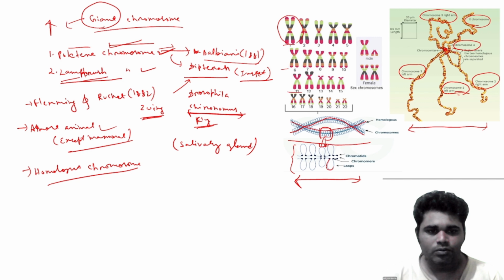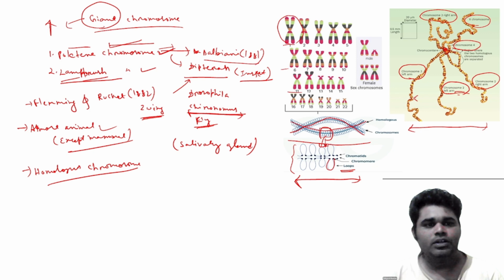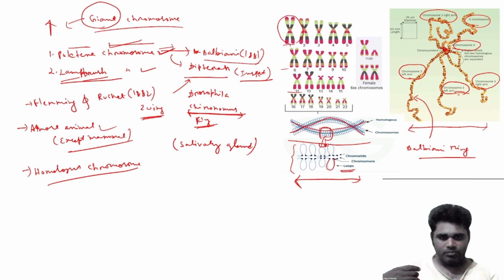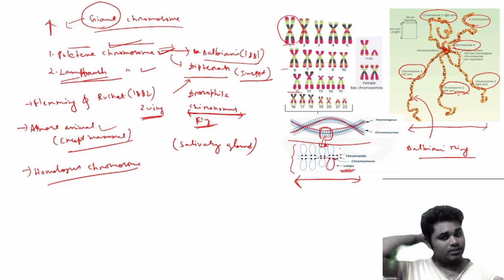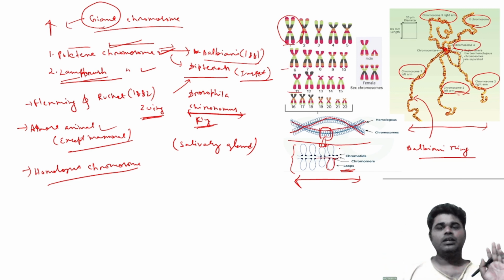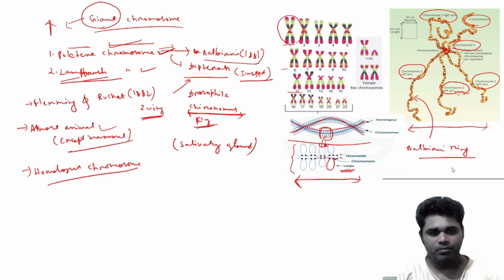इसको हम बोलेंगे, एक को बोलेंगे लूप। ये जो बड़ा बड़ा हो गया ये हो गया लूप। इसको हम बोलेंगे बाल्बियानी रिंग। बाल्बियानी रिंग क्यों बोलेंगे? क्योंकि वो बाल्बियानी ने डिस्कवर किए थे। इसका भी जो बड़ा बड़ा पार्ट है इसको बोलेंगे लूप। ये हो गया देखिए सेंट्रोमियर बीच में, ये हो गया एक क्रोमाटिड, ये हो गया एक और क्रोमाटिड। तो ये मिलके क्या करेंगे? लैम्ब्रस क्रोमोजोम। और ये हो गया जियांट क्रोमोजोम के बारे में। तो ये हो गया क्रोमोजोम स्ट्रक्चर ऑल अबाउट।